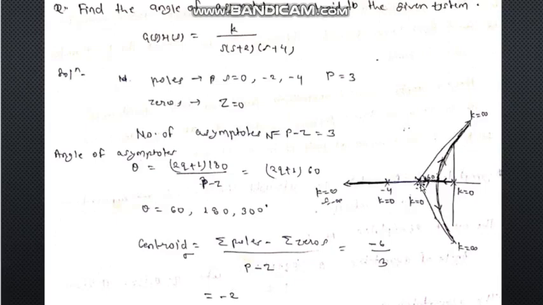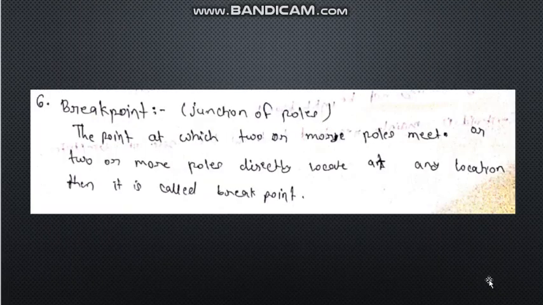Okay, now you can plot asymptotes. This is one asymptote, this is second, this is another. Okay, so what is breakaway point? So sixth step is to calculate